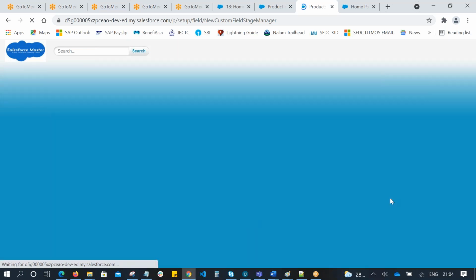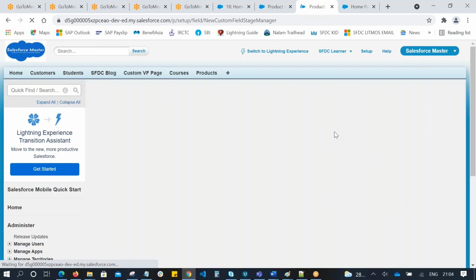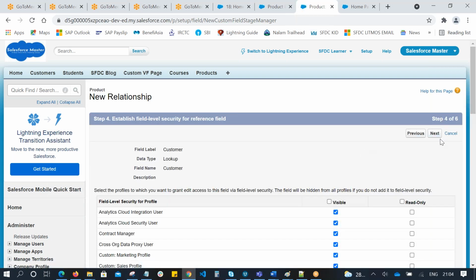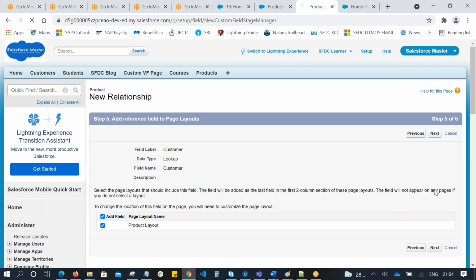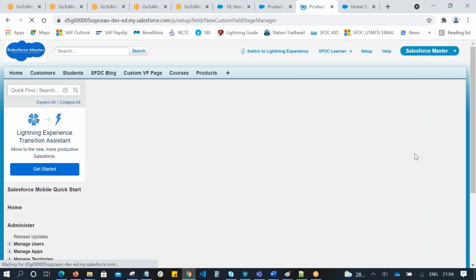Share the relationship with products. Just go to the default settings. Click on next and save.